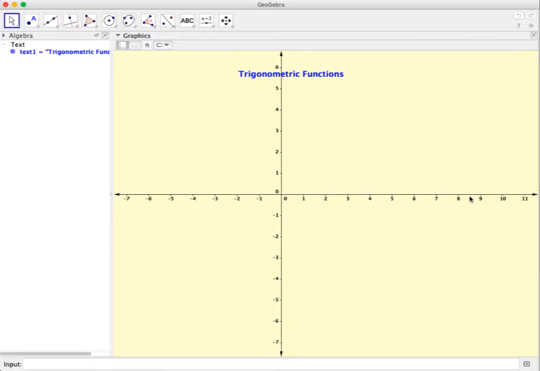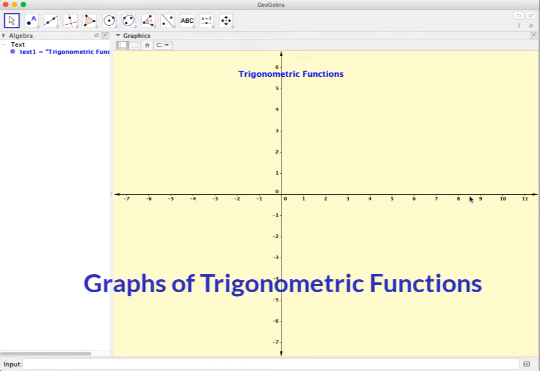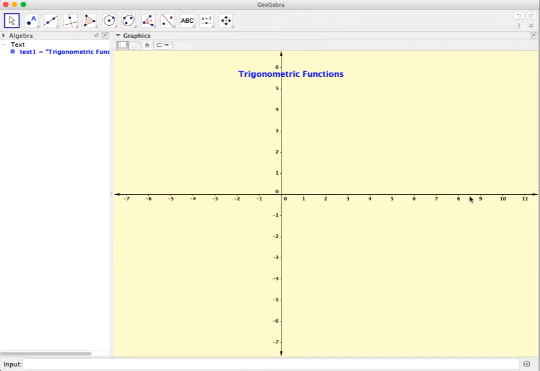This is Sangeeta Gulati, and we are here to explore trigonometric functions with GeoGebra. Let's see how we can plot the graph of trigonometric functions as a point moves around a unit circle using GeoGebra. So here I have the GeoGebra file open with the algebra perspective, and we are going to start by